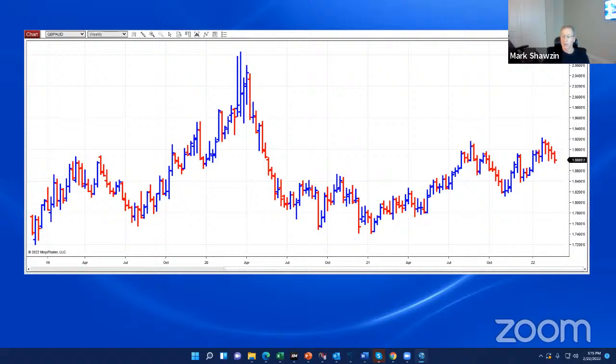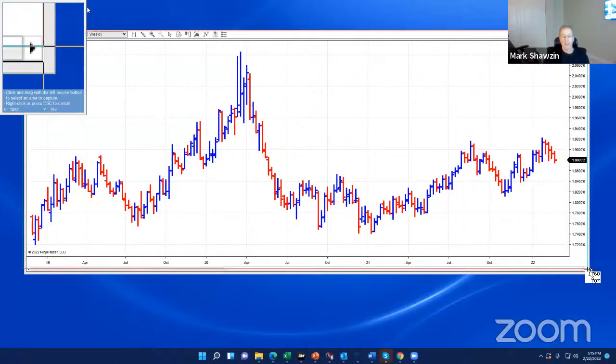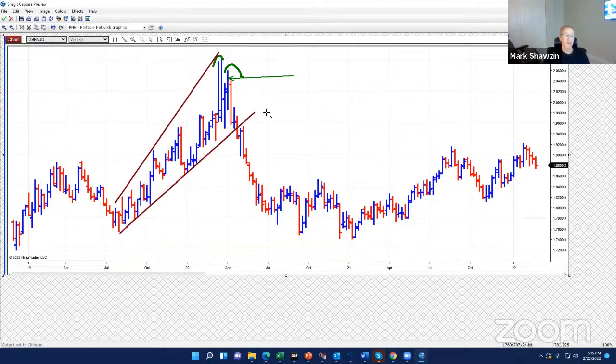So somebody said, well, where's the entry on pound Australian? Well, there were a number of entries, and this is a weekly chart. So when I was looking at this on the daily, there were a number of entries. First off, this was a double top on the weekly and the daily. And I was actually shorting it here at 205. And then there was another entry right at 196 when it broke. So you see how this broke through here, and then it goes and retests this.